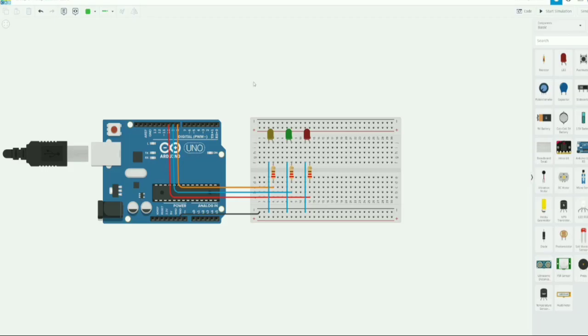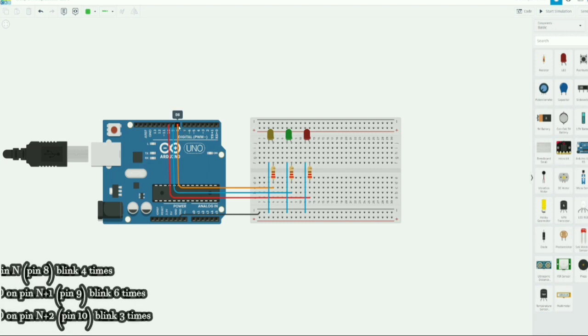So let's proceed to our Tinkercad. As you can see, we've already placed the components. We have the Arduino Uno board, the breadboard, as well as the LEDs. We have 3 LEDs and 3 resistors. And as per the objectives, we need to blink the LED on pin N. In this case, we will be pertaining to pin 8,